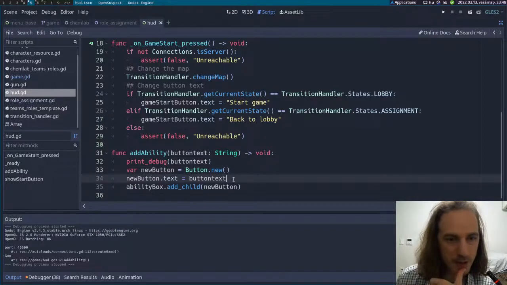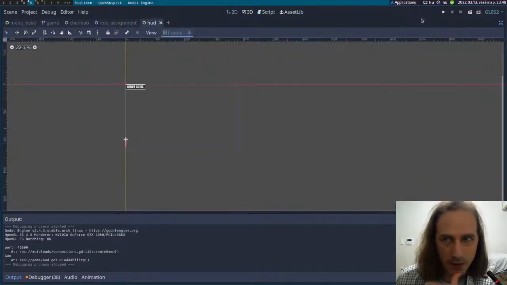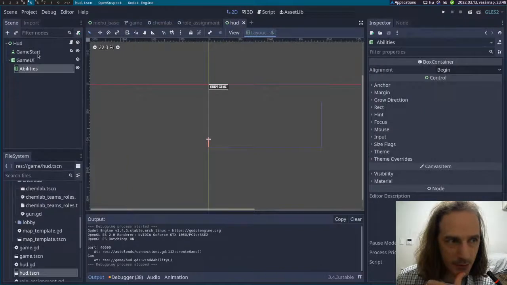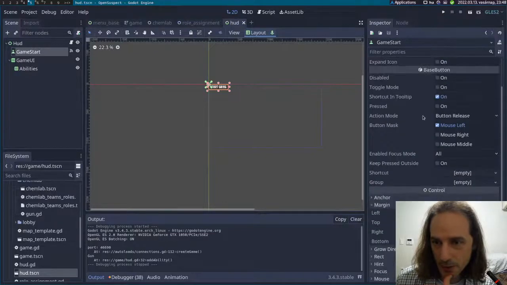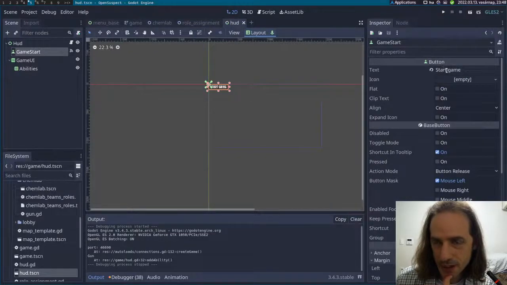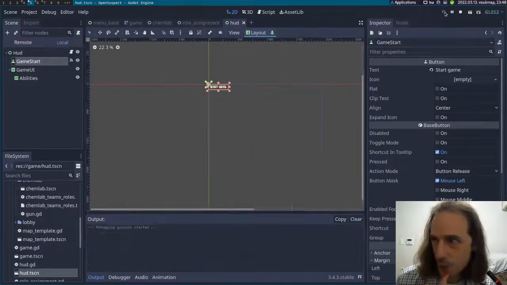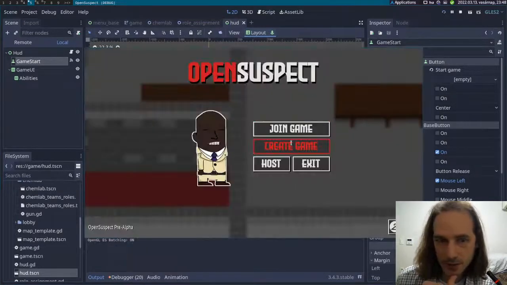But the new button, maybe it's not the text. Maybe I'm using the wrong thing there. So for a button, type is a button. And what does... Yeah, it's text. It's button.text. So why don't I have a button over